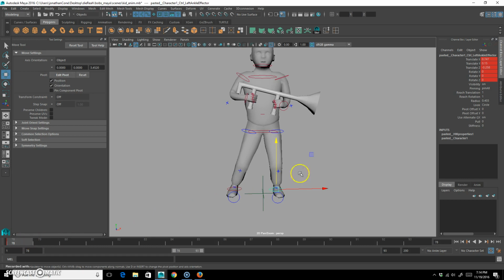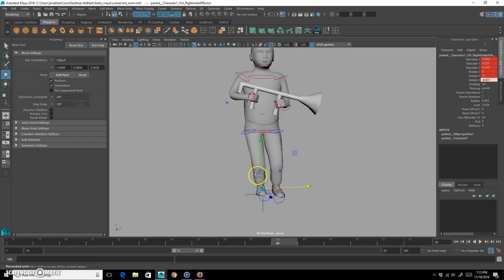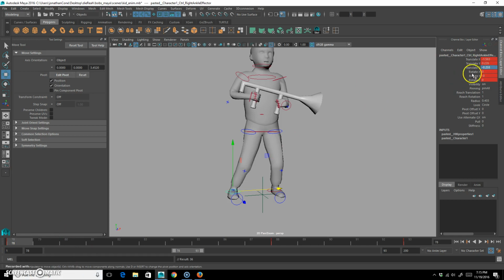And then what we're going to do is I'm going to take this guy and we are going to move it at 86. Let's say 88 actually. I'm going to move it like this, straight across, and hit S. So basically it moves like so. And make sure this rotate is 0. And make sure this rotate is also 0. Okay. So it's going to go